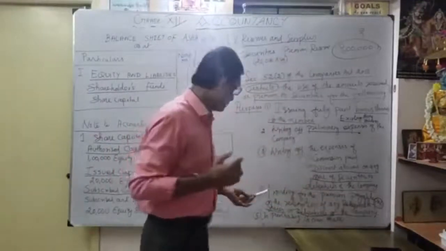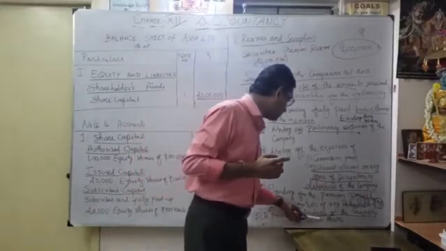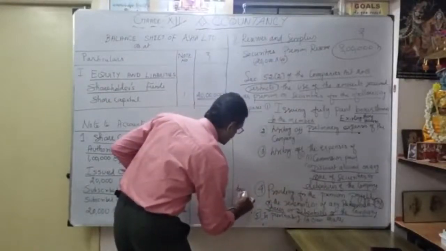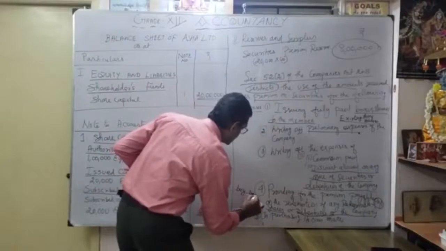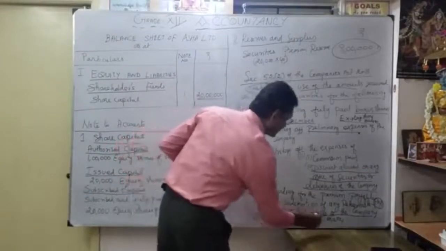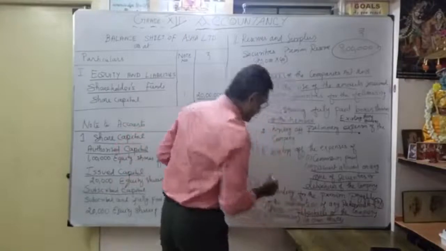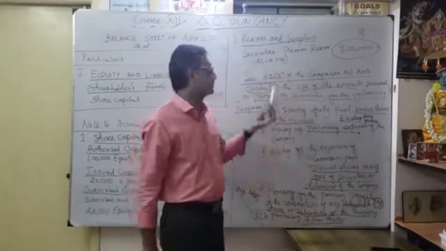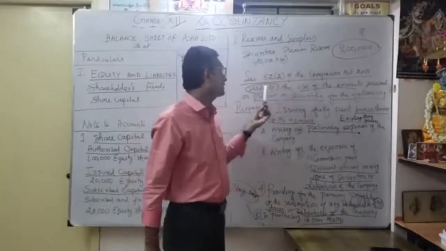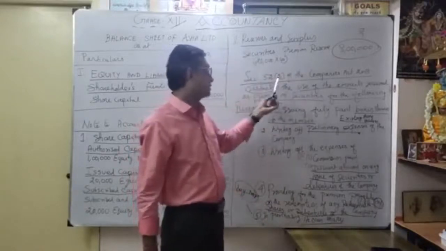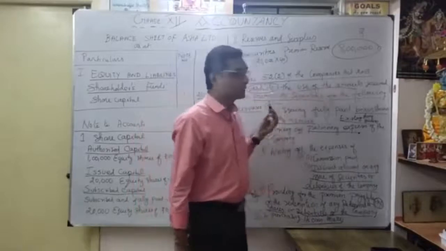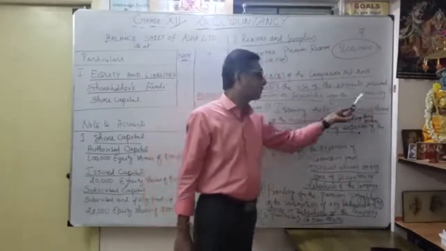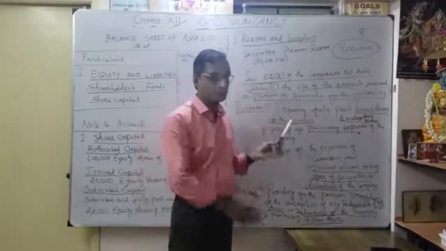Okay, then finally, purchasing its own shares. What are its own shares? Nothing but buyback. Same shares, buyback of shares. It is called buyback. So these are the 5 purposes for which you can utilize it, and except these 5 purposes you cannot use the securities premium reserve. That's why it is given under Section 52(2) of the Companies Act: the use of amounts received as premium on securities for the following purposes. That's the total of 5 purposes.